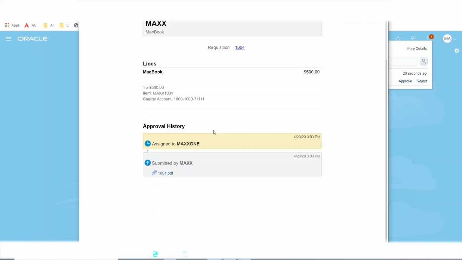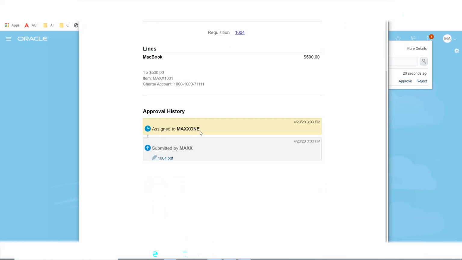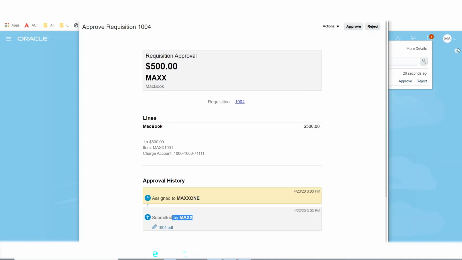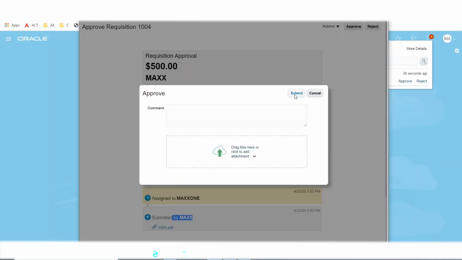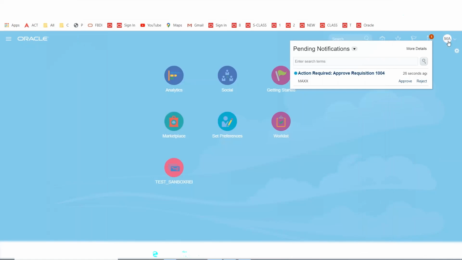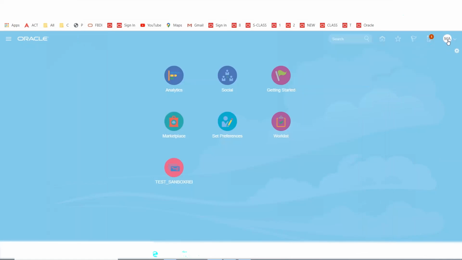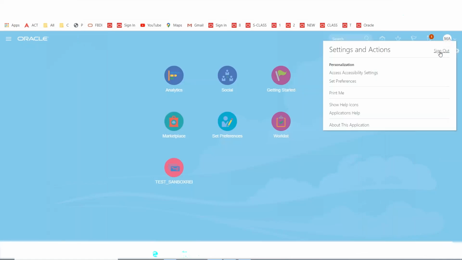Okay. Here you can see the approval hierarchy. It's assigned to this and submitted by max. If you want to see the same document, you can click on this PDF requisition details file, and it will show. Okay, so the max 1 is approving it. Submit. Okay, it's submitted